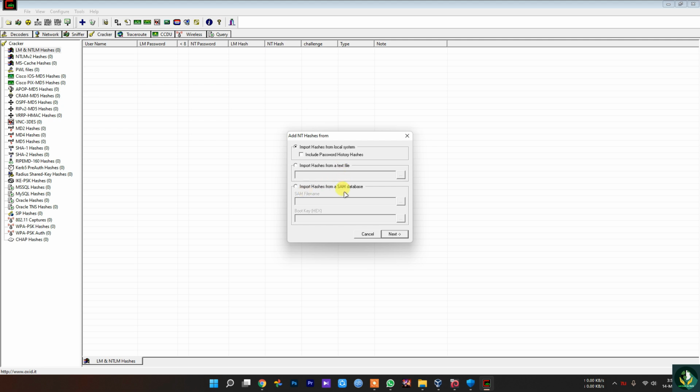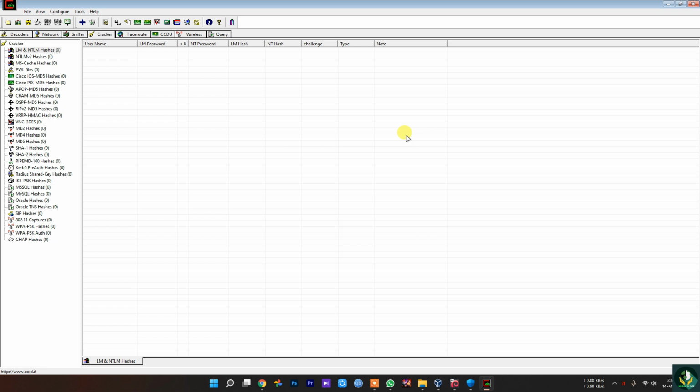Or if you just click next, you will get all the accounts from the local machine, from the same file. So it will get you the hash file, and after we explain, then we will try